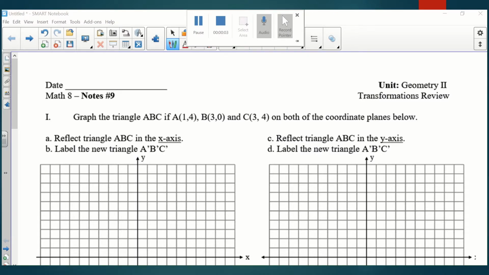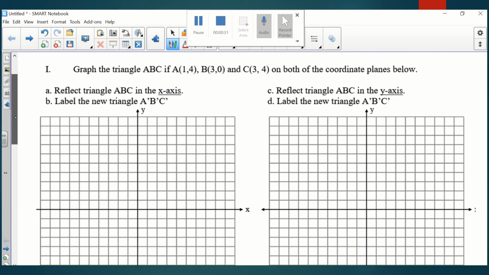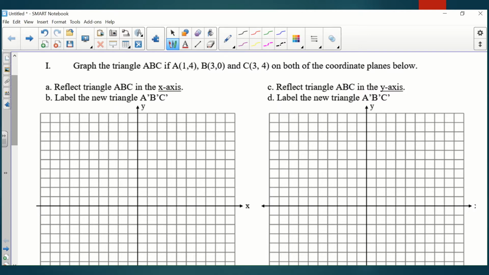Hi everybody, today we're going to be reviewing the transformations that we've learned. So we have learned how to reflect, how to translate, how to rotate, and how to dilate points and figures. So let's go ahead and practice each and every one of those just to make sure we understand exactly how to apply each transformation. So starting with question 1, we're going to graph the triangle ABC on both of the